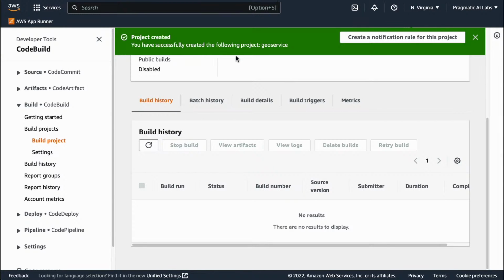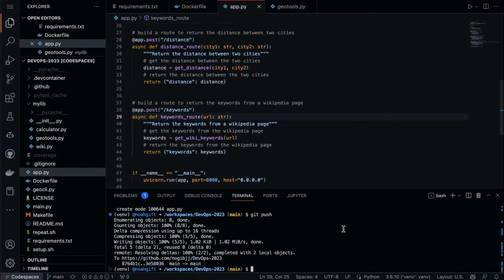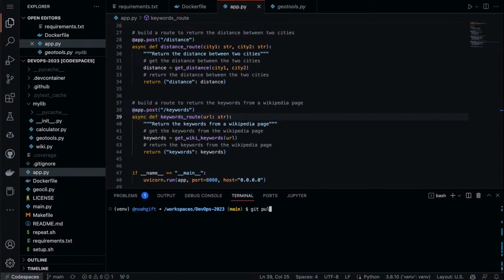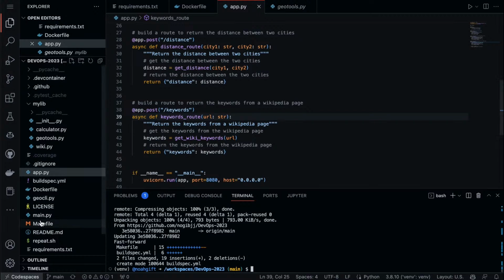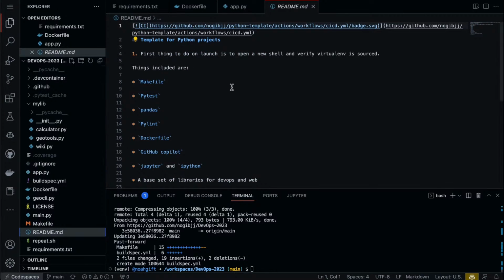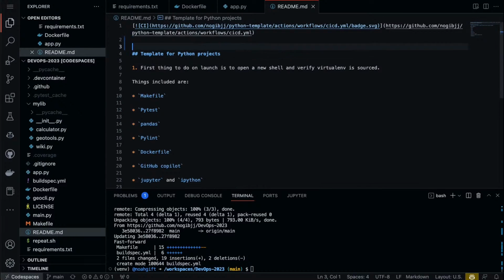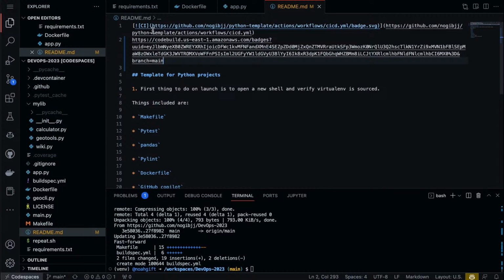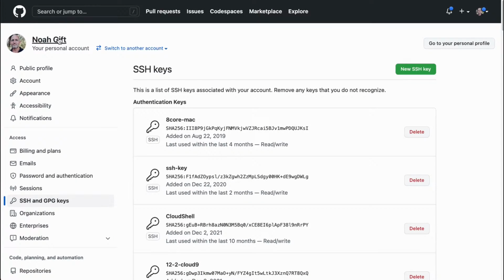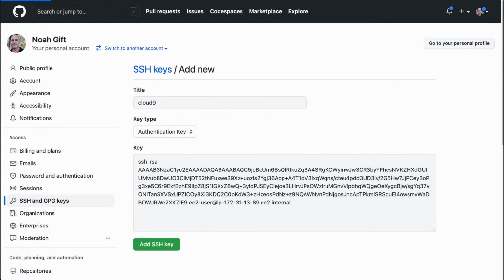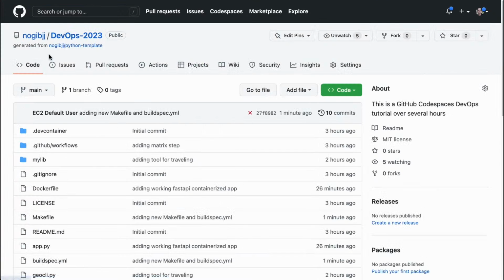Now I could go back to my environment here and just do a git pull to pull the changes. And now if I want to trigger the build, anything will trigger the build. So we could even put in like the new template, which, did I grab that? I think it's something like this I have to do. I actually don't remember the exact, I don't know why they make it hard to do the build here, but I believe that I had a build badge that I can just copy from